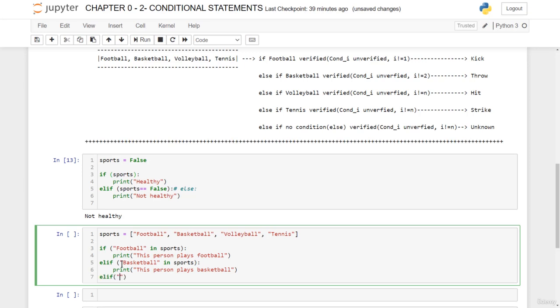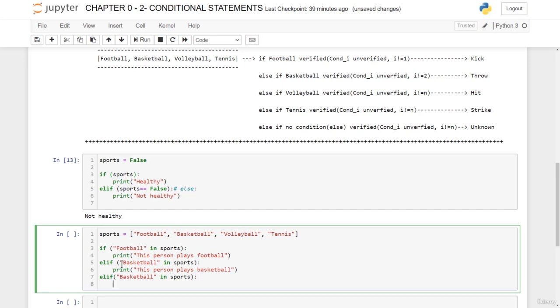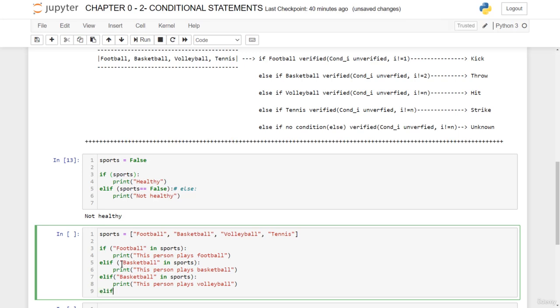Elif volleyball in sports, print this person plays volleyball. And finally elif